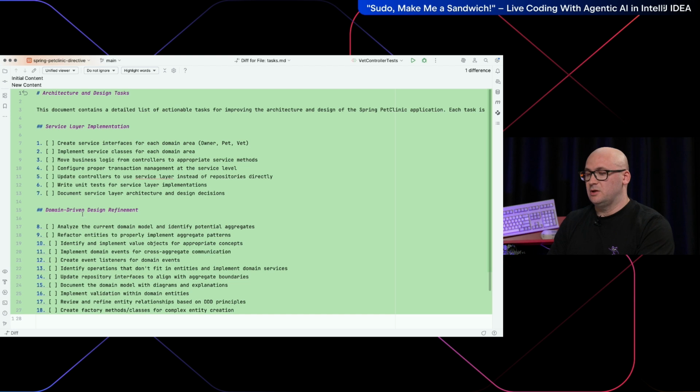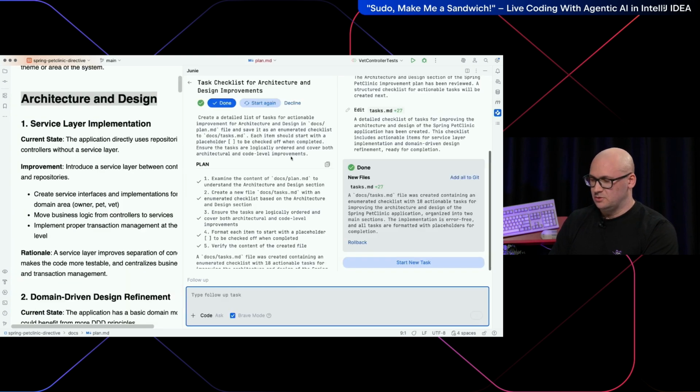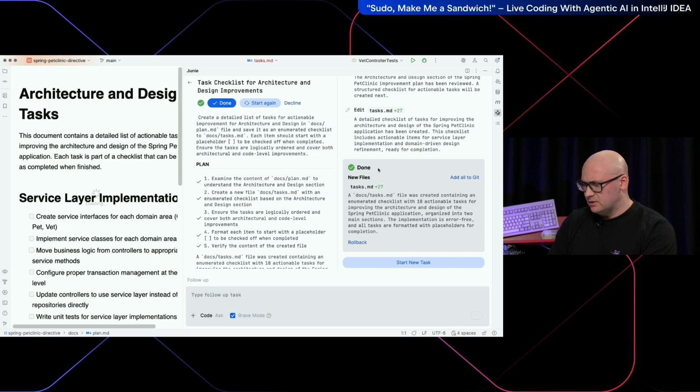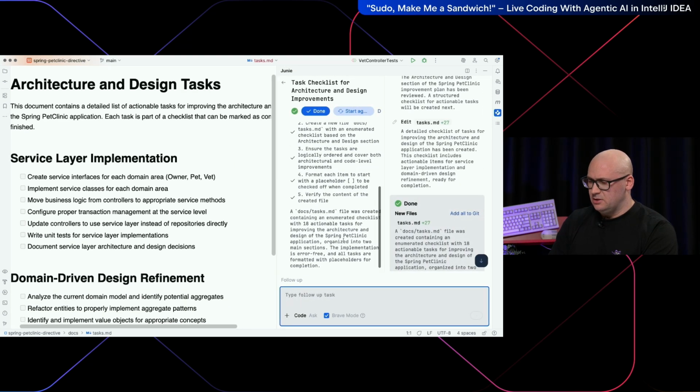And now, usually what I would do, of course, is scan the list and find whatever I want to change or do differently, or maybe not do. Maybe I don't agree with some minor things in the plan or in the task list. Let's open it up again just for a second. Yeah. But now I can actually tell it